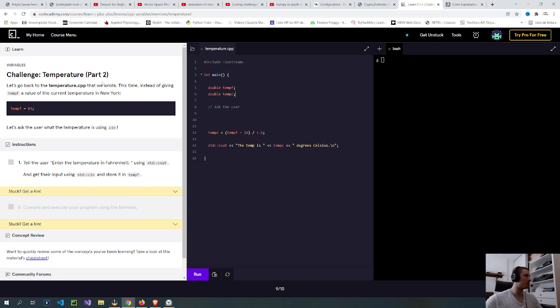Challenge: temperature. Let's go back to the temperature.cpp that we wrote. This time, instead of giving temp a value of the current temperature in New York, let's ask the user what the temperature is using cin. So cin, then enter the temperature.